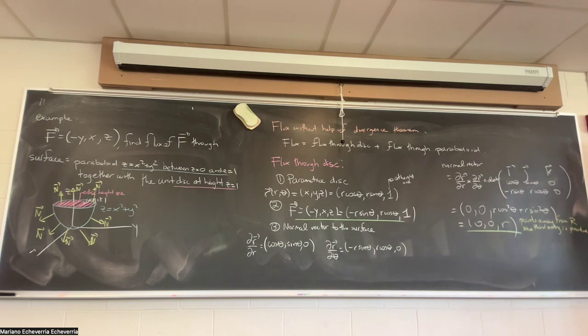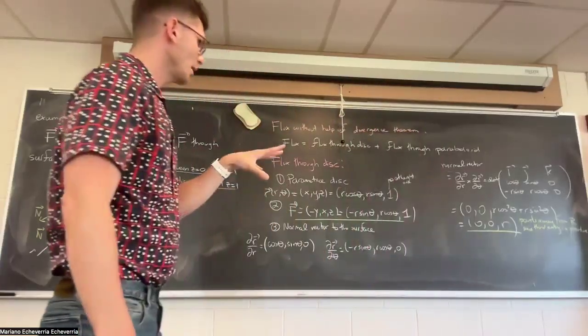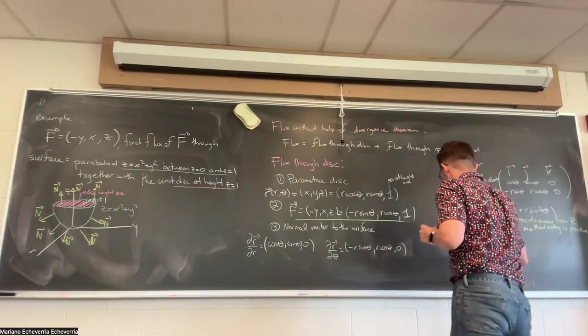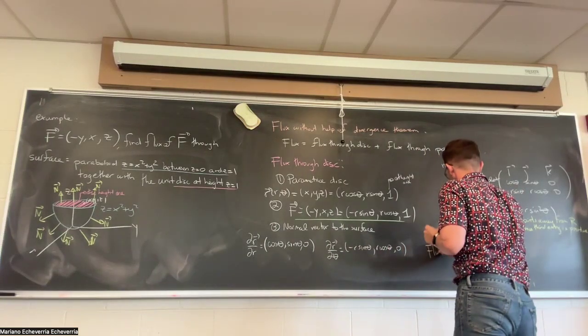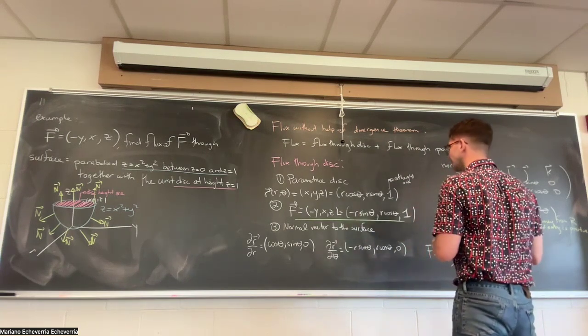Actually, it will happen in the next one, once we do it in the parabola, you'll see that in the natural order I have been doing it, it will come out wrong. So we'll fix it. But this one is fine. And so the flux. Okay, so the flux is the integral between these two vectors.